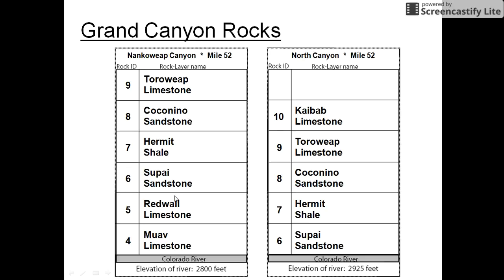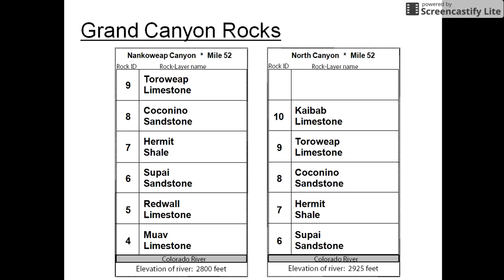Some students will notice right away, well, why is Hermit Shale all the way up here above the river, yet it's pretty close to the river over at North Canyon? Oh, by the way, this is an error. This should say mile 20, and this is correct. This is mile 52. So at some point, you want to help lead these students in either group discussions or in a whole class discussion